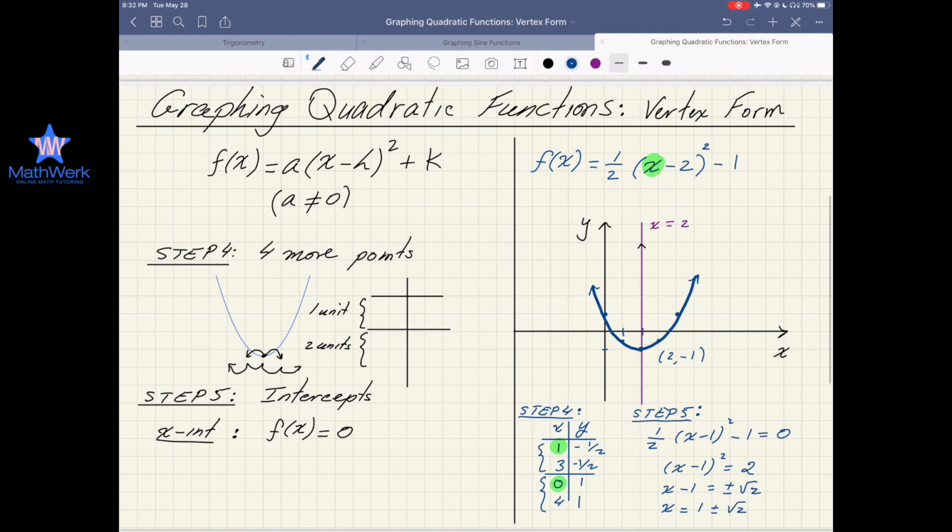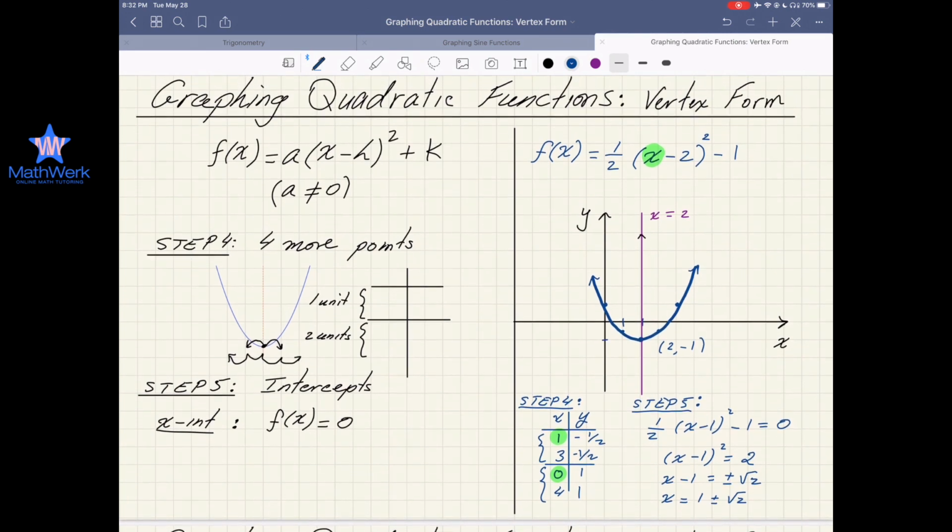So the two x-intercepts are, labeling it on the graph here, that point is 1 minus square root 2 comma 0. And the other one, which is here, is 1 plus square root 2 comma 0. That's approximately 2.4 comma 0, and this is